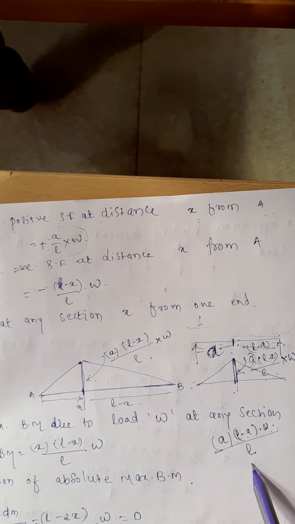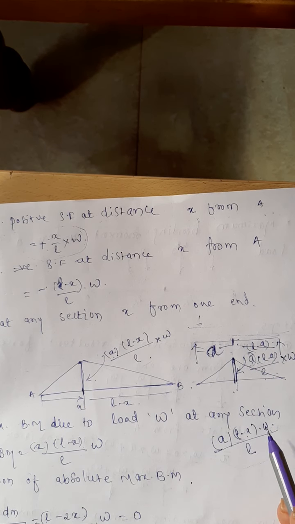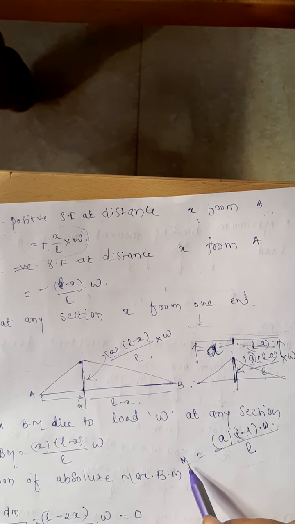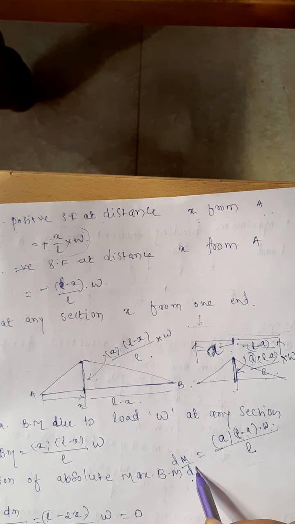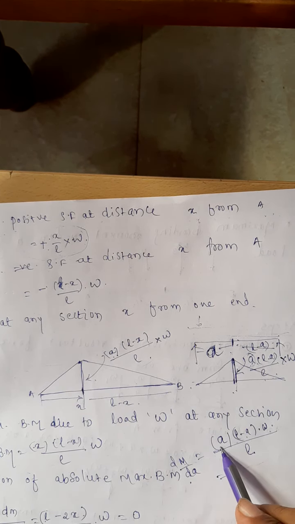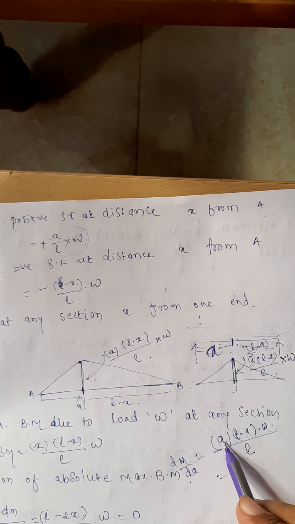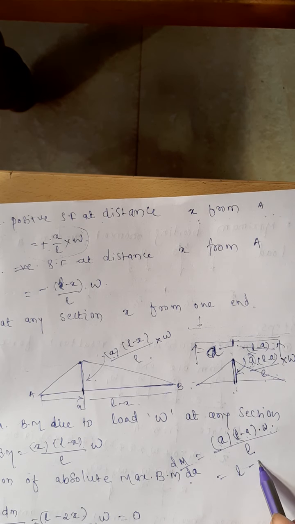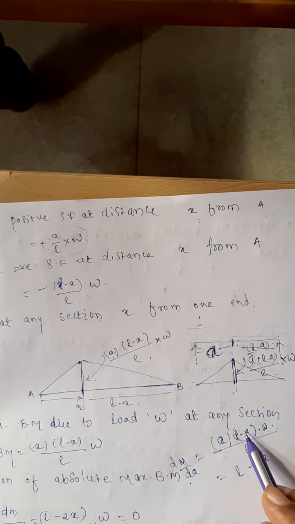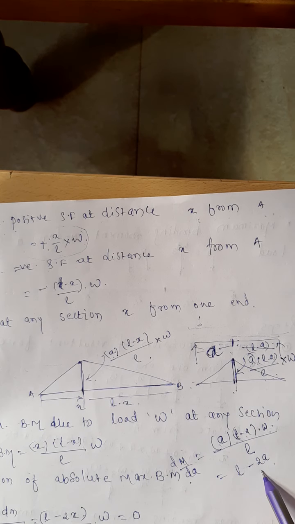Yes, for that what I can do is differentiate this M. This is nothing but the M. Differentiate M with respect to A, dM by dA. You calculate it. What is it? Here L into A, differentiation of L into A with respect to A is nothing but L. And differentiation of A square is 2A.